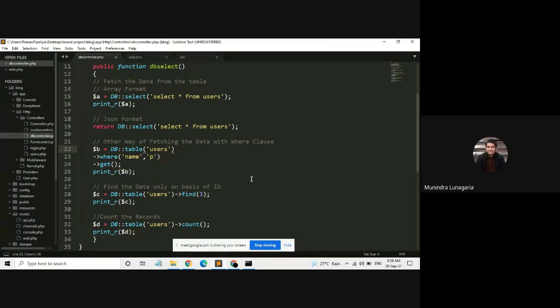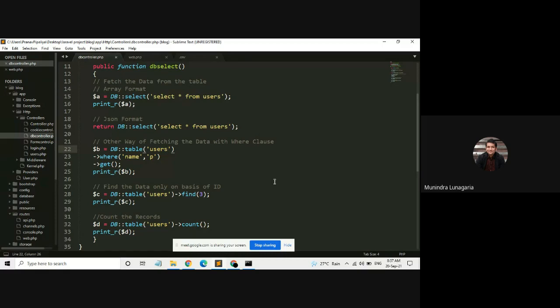So let's first of all recall the previous session. We had performed the selection operation, where we fetch the data. First we need to create a user WT, then WT database, WT password. Then we created one table, users, which has 4 columns: ID, name, email, and address. We had inserted manual values.